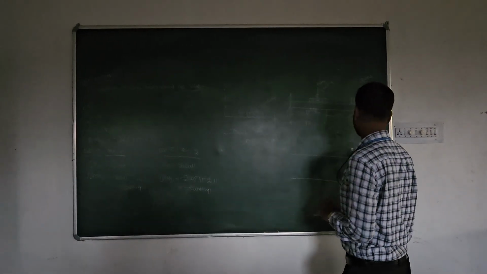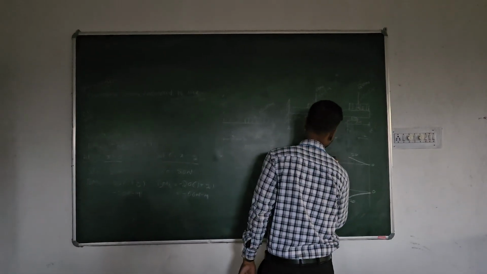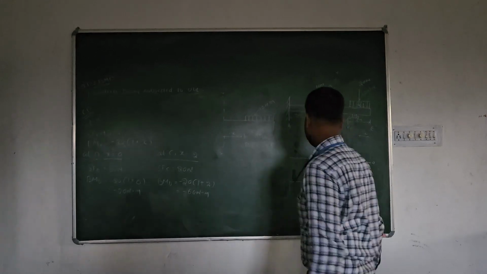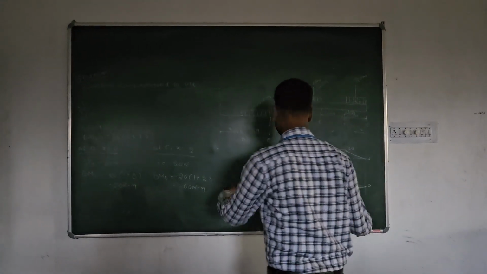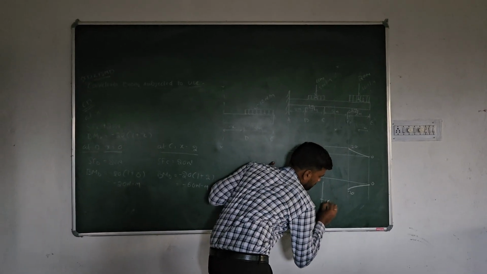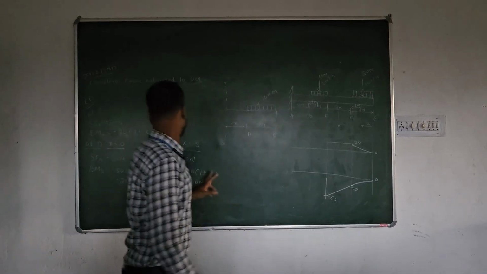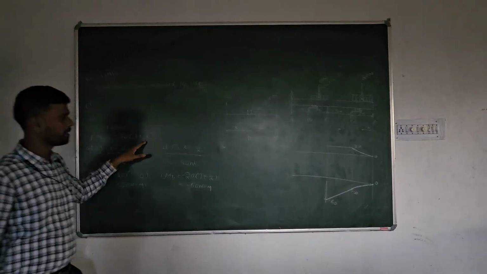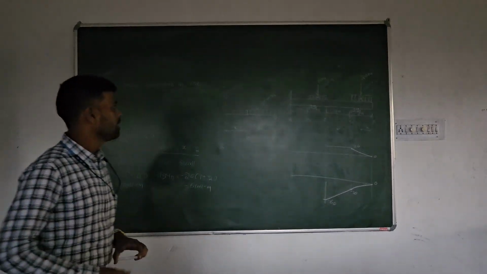Okay, so let us draw that one in the shear force diagram. At point D it is 20 and at point C also it is 20. It will be a straight line like this. And bending moment, here this is minus 20 and here this is minus 60. It will be a straight line because in this equation x to the power 1 is there. So definitely this will be a straight line from here to here.